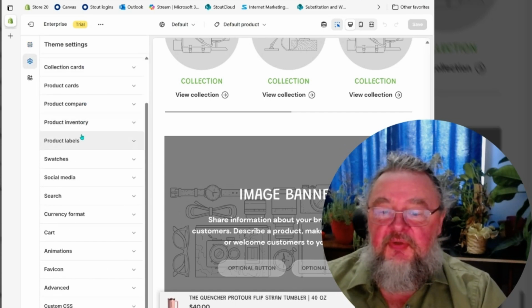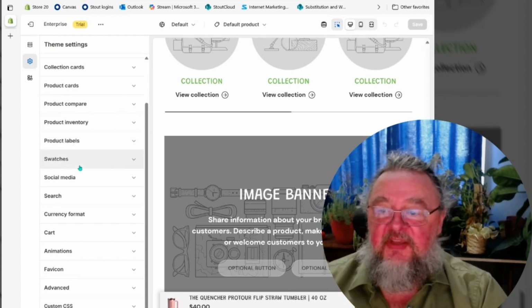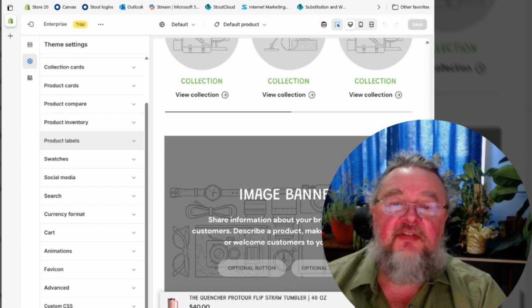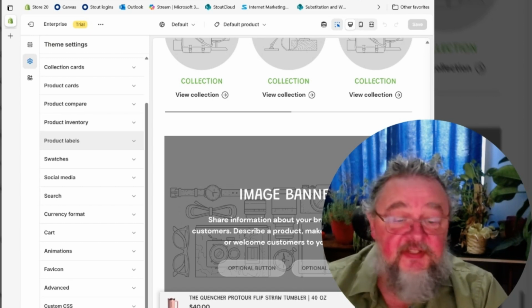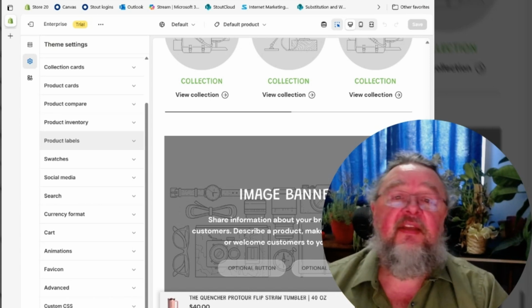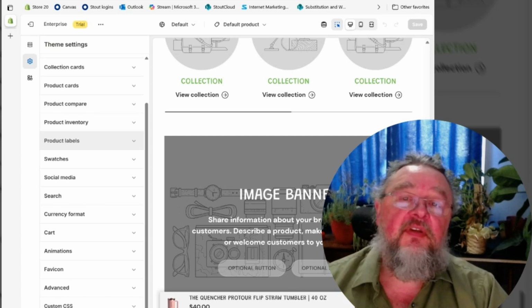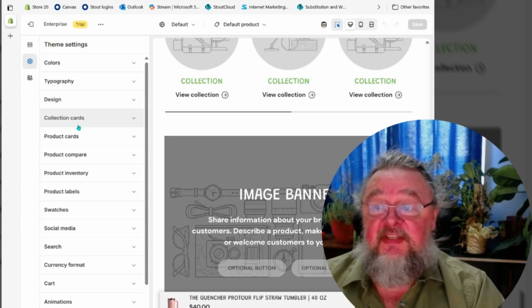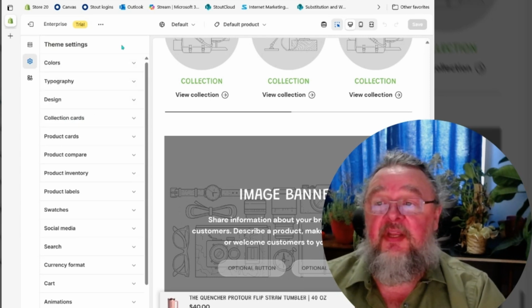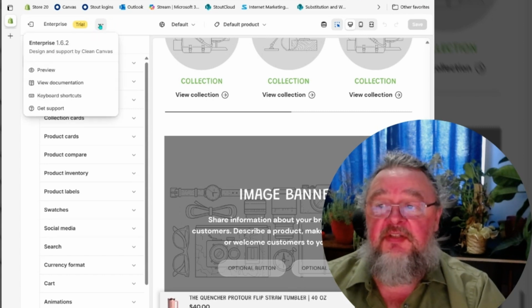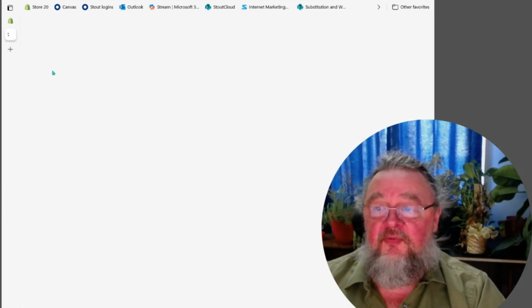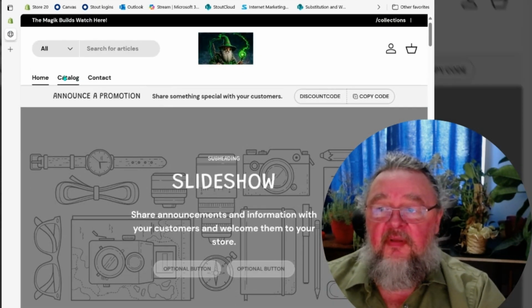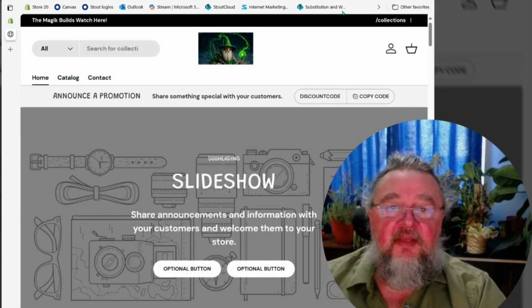And so, like you saw earlier in my videos, that's similar to the way that it functions when you're using products such as Microsoft Word, Microsoft Excel, really just about any kind of software that allows you to control the look and the feel of the document that you're working on. So this is kind of where the rubber hits the road, and it allows us to go in and see what we've got going on. We can choose our catalog here. So this is a preview of the site, and